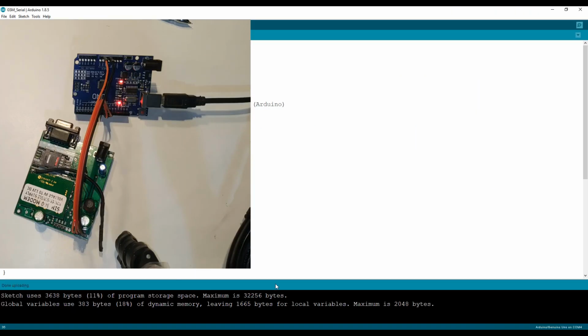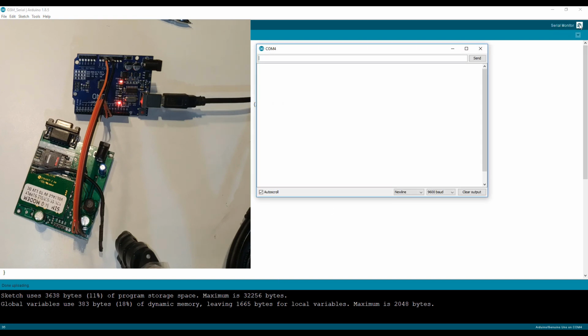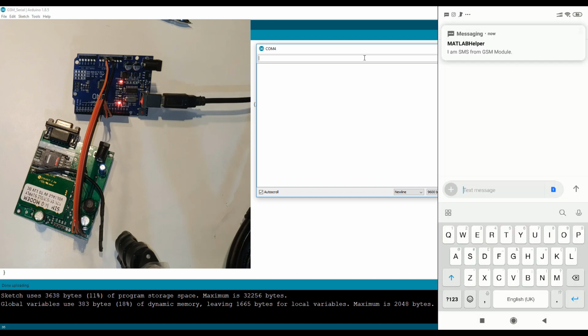To show you guys how the software serial works, let's use the serial monitor from Arduino and type 1 and send. So this should send a message.